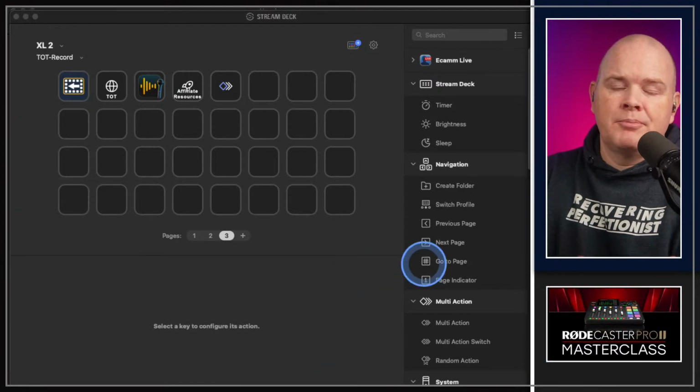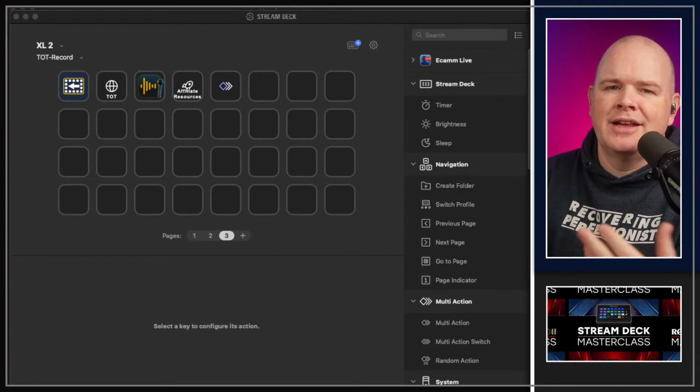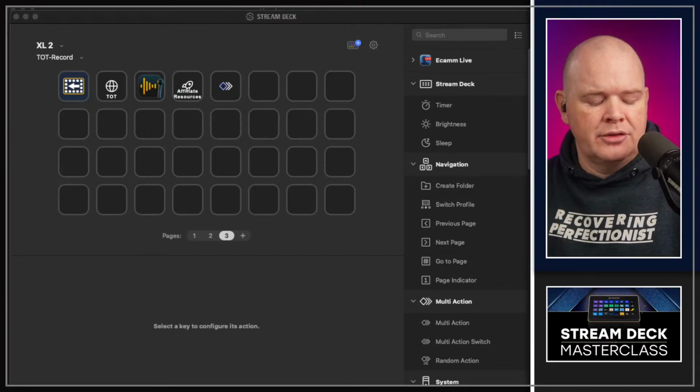So yeah, that's basically how you can use Stream Deck just on its own as a great way to get yourself set up for certain things that you might be doing, certain workflows that you've got, so that everything is just sort of on the screen as you need it. It's not going to be organized on the screen just yet, but we'll talk about that in a little while with Moom. But I want to go into Keyboard Maestro a little bit because Keyboard Maestro really is the ultimate